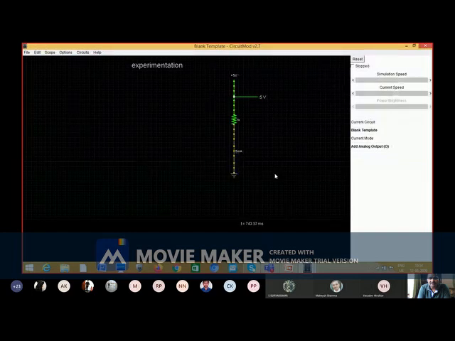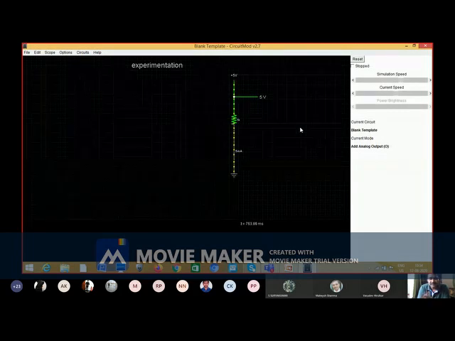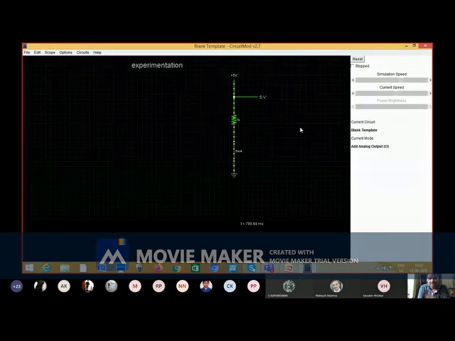So this way you can select components from the library and take the component into your main platform, connect all nodes properly with proper polarity, and then start simulation. You can see here, you can stop your simulation. You can start your simulation. OK, so this is your first part.